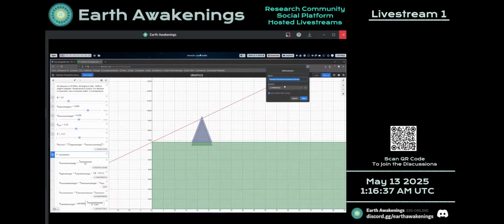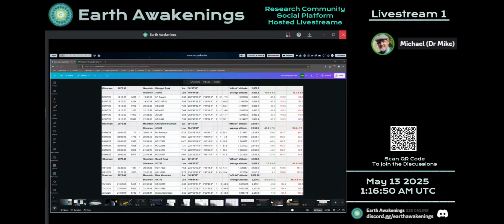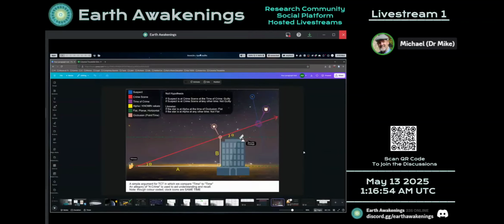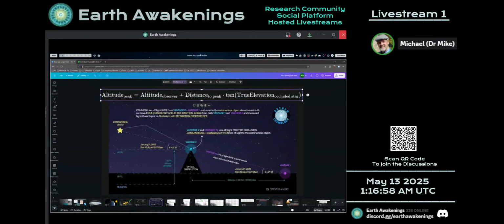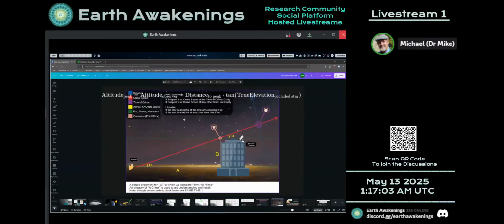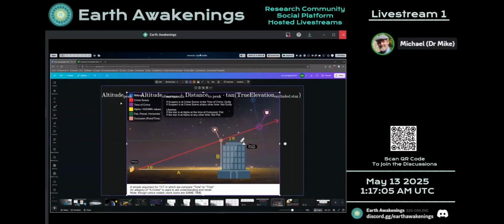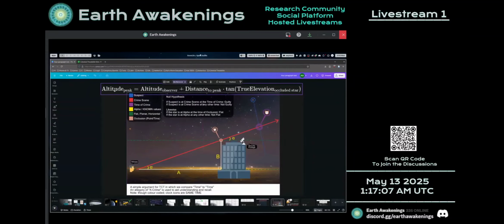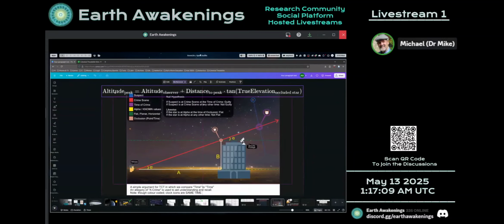So, the experiment does not take refraction into account. It's pure: how far away are you? Now that you know how far away you are, multiply that by the tangent of the elevation of the star when the peak occludes it, and that gives you the rise above the observer. Now add in the observer altitude, and you've got what we would predict the altitude of the peak is, and then